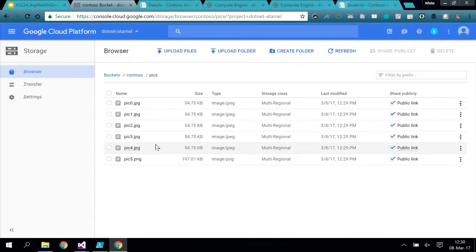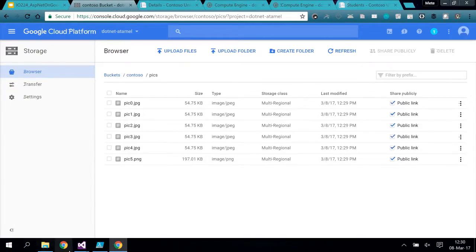All right? So the next thing I want to show you is, these pictures can be anything right now. A student can upload any kind of picture, and we want to prevent that. We want to make sure that these pictures are not violent, and they're not adult pictures. So to do that, I want to use Vision API. Let me go back to code again.